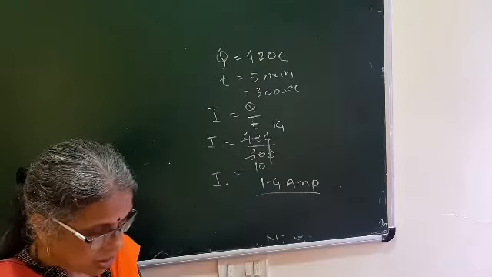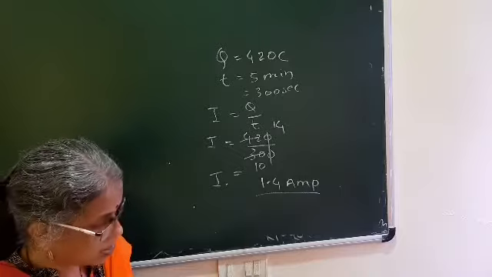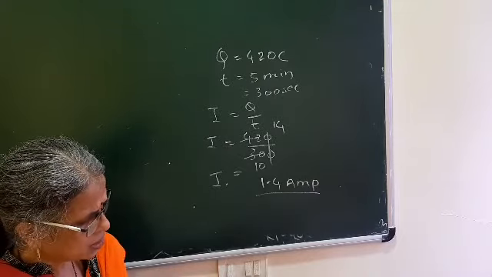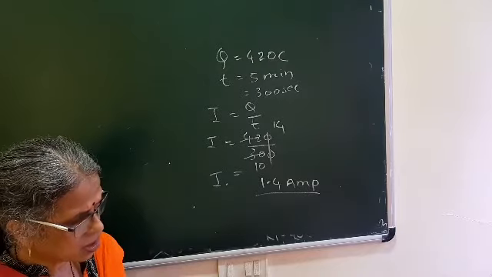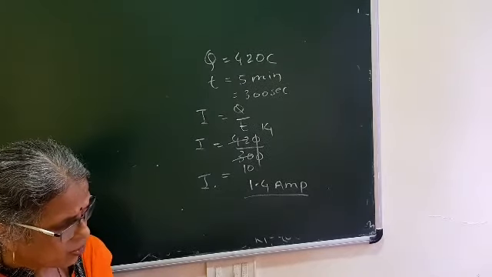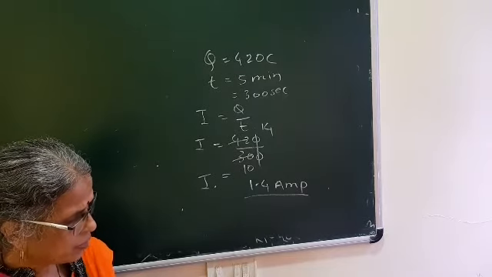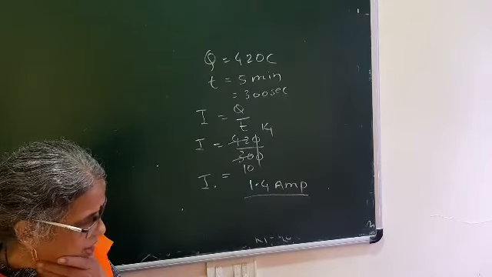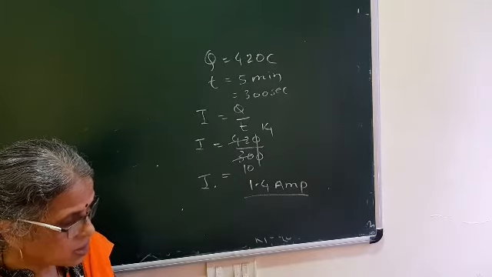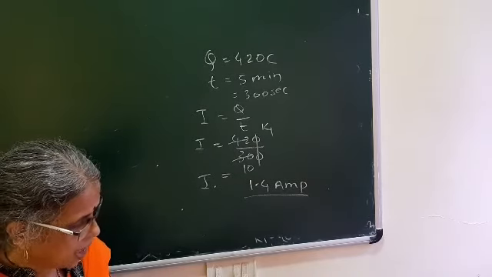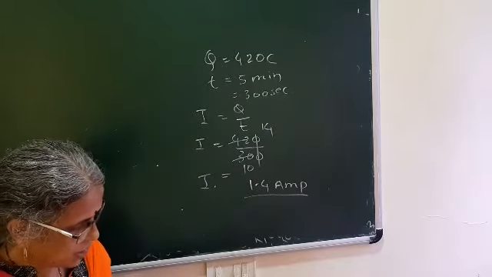Then the second solved example they have given on page number 38. From them they have omitted, I think, the sum number first and third. Why omitted I don't know, because V upon I, Ohm's law is there. They have given V and I, and R they have asked to calculate in the third example, and in the first example they have asked to calculate I. So why they have omitted I don't know.